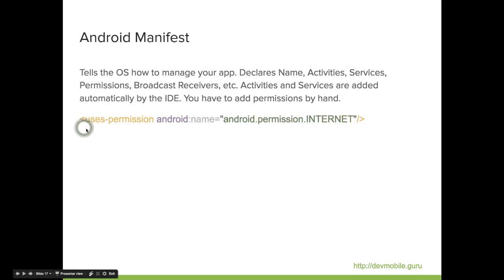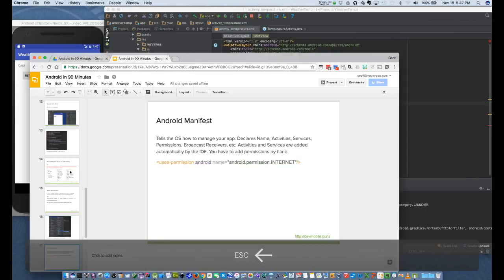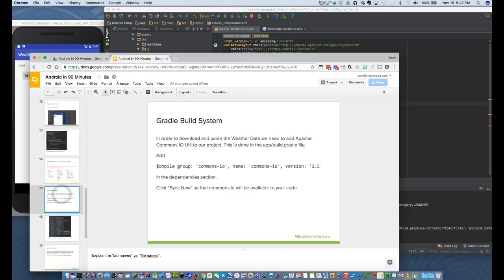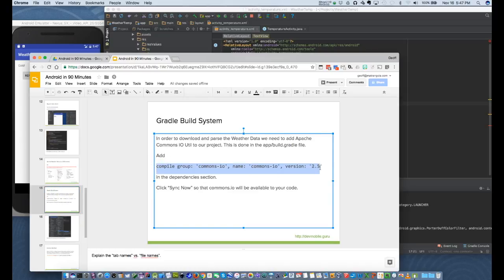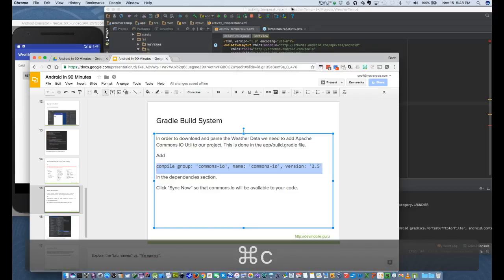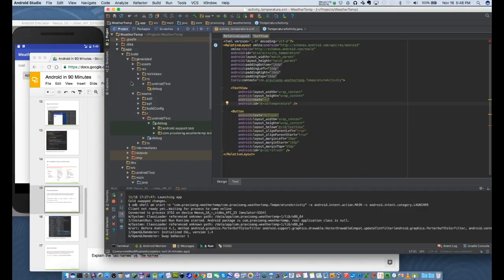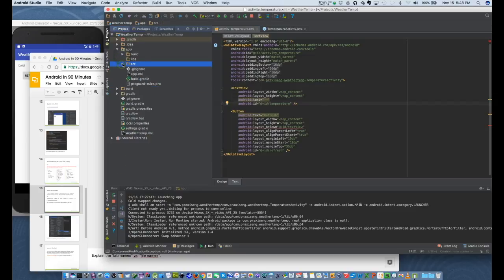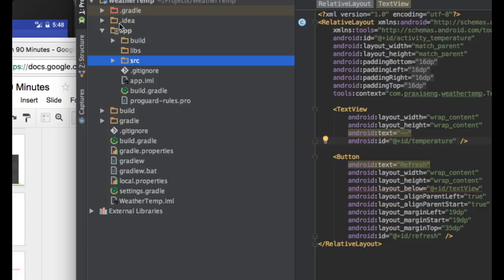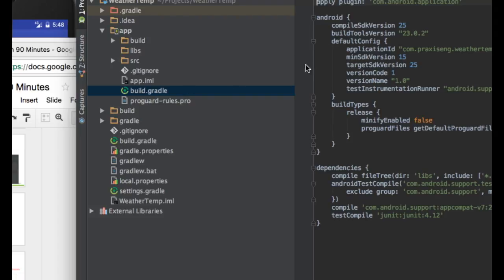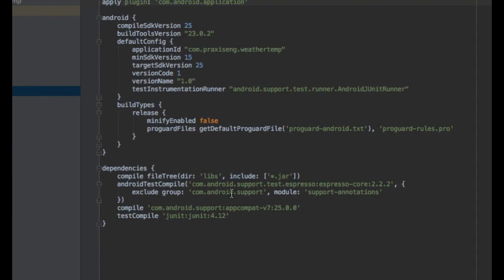I'm going to figure out how to work my presentation. All right, I'm going to copy this little bit of code here, and I'm going to paste it into the build file. So I'm going to go into my project, and there's a couple of build.gradle files, and that can be confusing. You want the one that is under the app directory, called build.gradle. Open that up, and in the dependencies section over here,